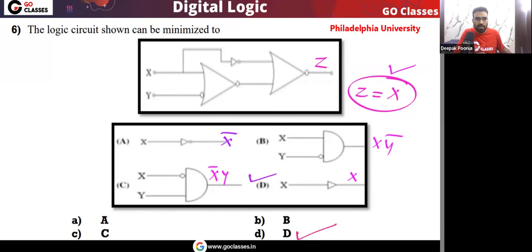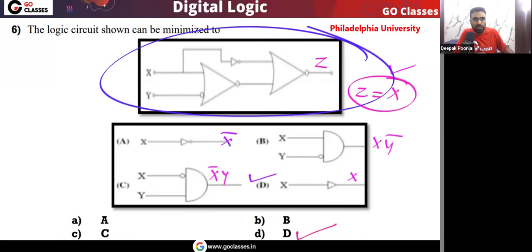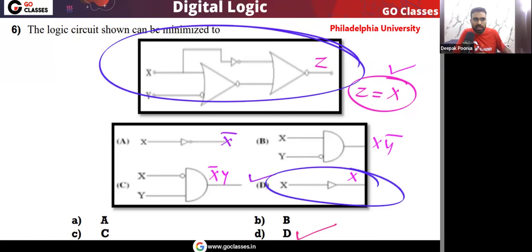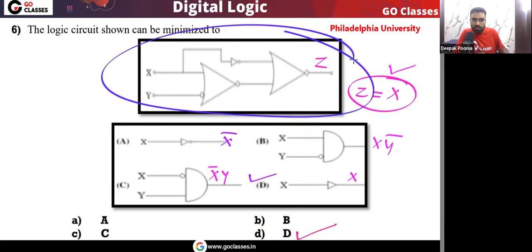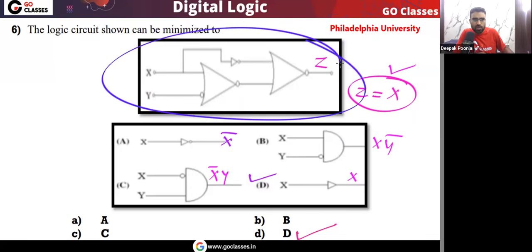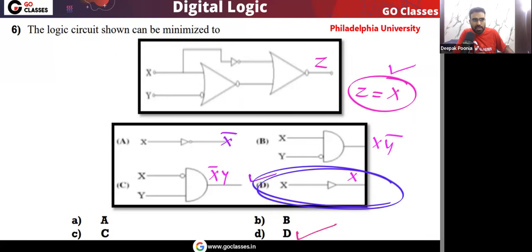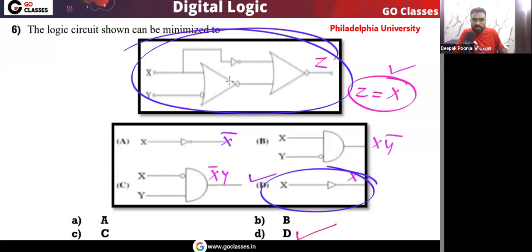Very simple. Now you notice one thing: this circuit that you have is a big circuit, but actually we can just replace this circuit with this circuit. So remember, this big circuit we can replace using this small circuit, because anyway this circuit and this circuit are implementing the same Boolean function. The Boolean function implemented by this circuit is equal to X, and the Boolean function implemented by this circuit is also X. That is the reason this circuit and this circuit are equivalent. So we can replace this big circuit with this small circuit.